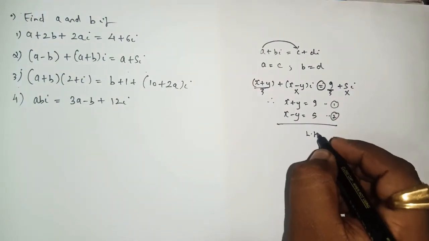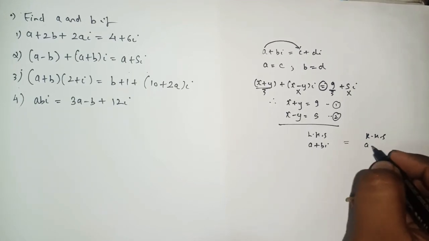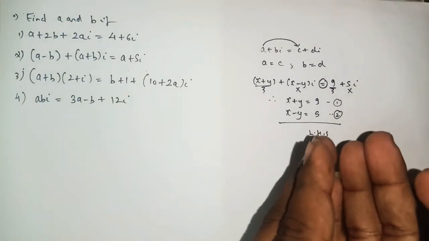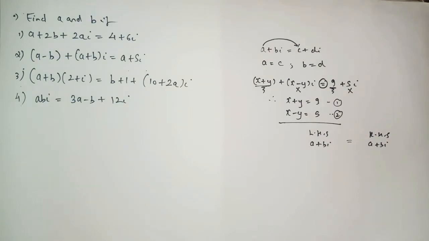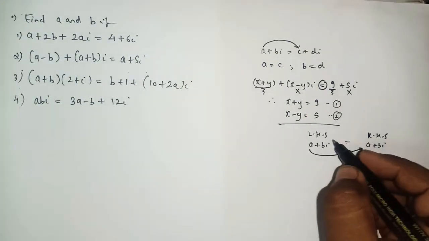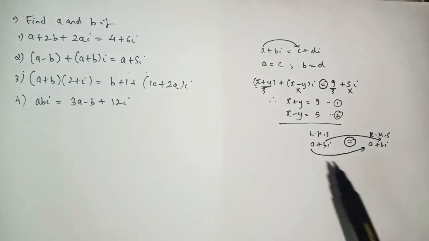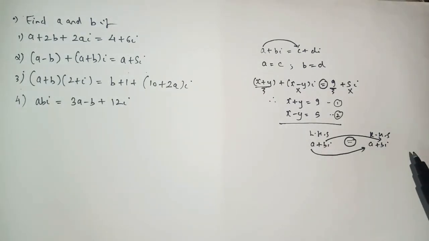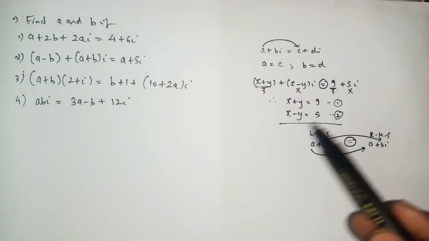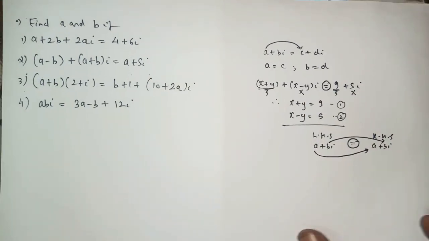You will keep the left hand side and right hand side in the form of a plus bi, a plus bi, yes or no. Left hand side should look like a plus bi, right hand side should also look like a plus bi. Then only you can compare the real part and the imaginary part. As here we have the equal to symbol, we can compare the real and imaginary parts, where you will get equation type sum, and further you can solve this equation with a basic concept. As we see the first sum, you will come to know exactly what we have to do here.